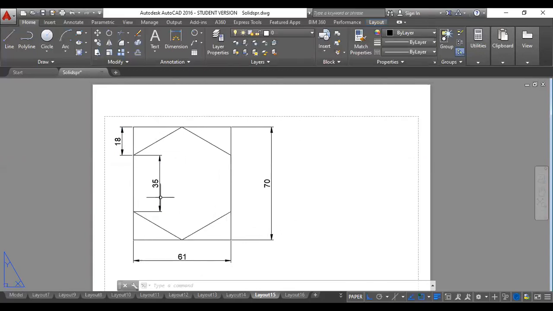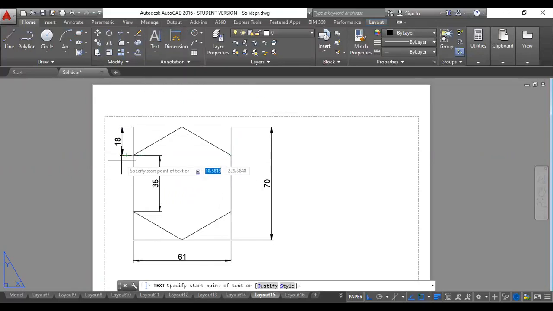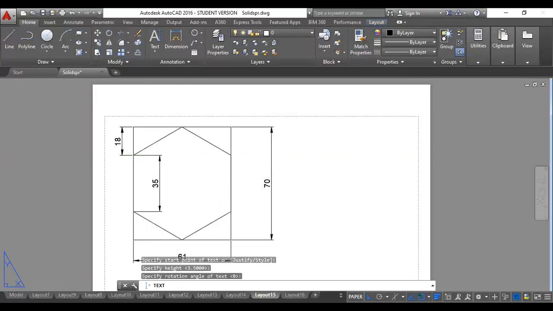of this hexagon. So let us say this corner is A, starting in this direction: A, B, C, D, E. Let me just name and show it. It becomes easier. So let us say this is A and B, C, D, E, and F. So I want to draw this hexagon in isometric. I've drawn it to the true length first, then enclosed it in the box. And let us see the box dimension. Box dimension is 61 cross 70.